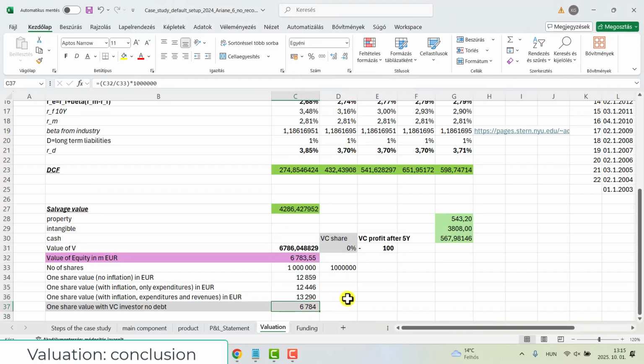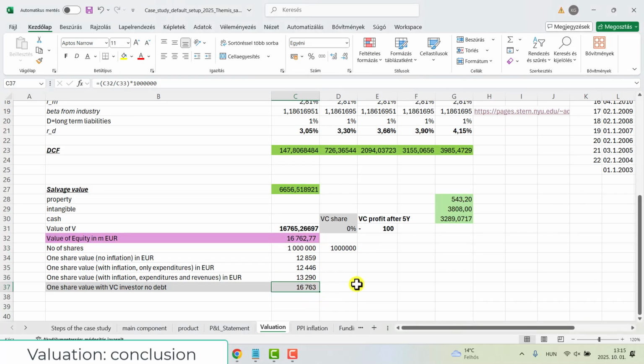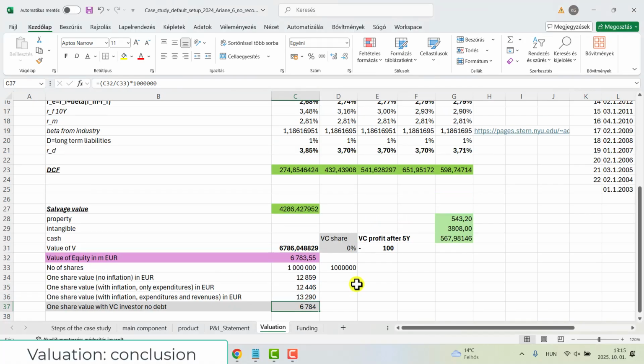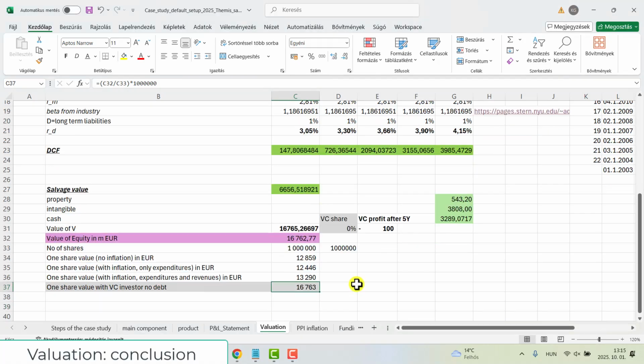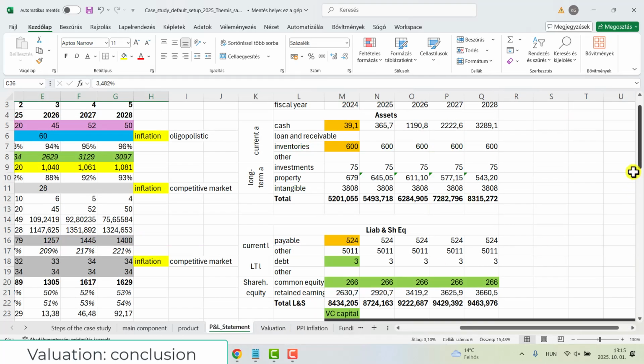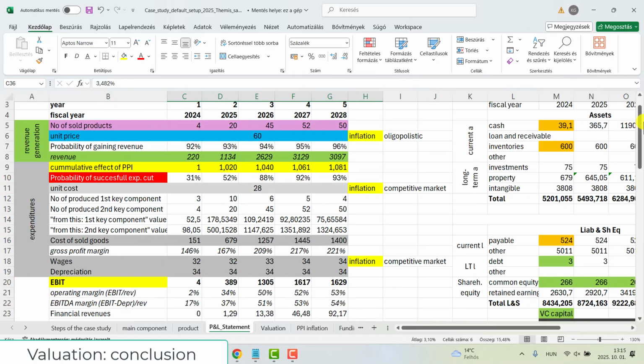So share price should be just this number here. So without VC investor, without debt, we can see that I was able to add 10,000 euros to the value of the company before we start to provide any kind of financing cushion,